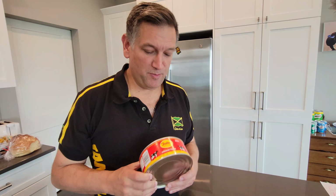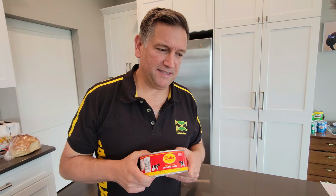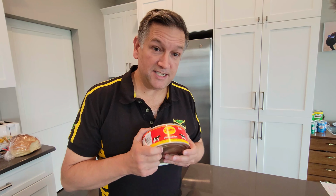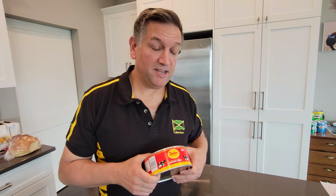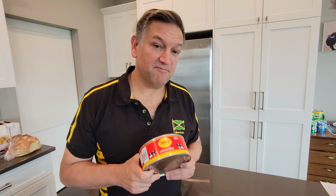This was quite new to me, coming from Australia and seeing it and thinking, Jamaica is a hot place. How are they producing cheese and in a tin? Well, back 55 years ago, in 1968, tasty cheese started being made in an old theatre in Kingston. And it's now operated by Dairy Industries, which is making tasty cheese in a tin, vacuum sealing, and even making